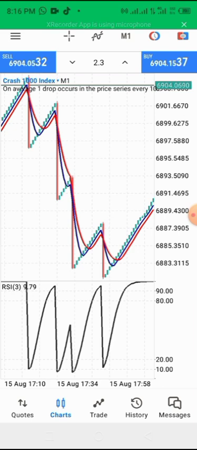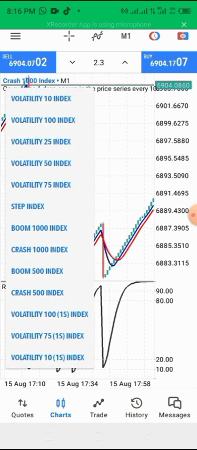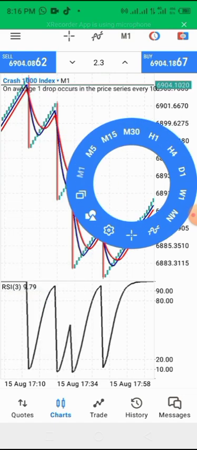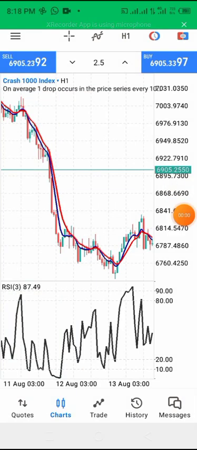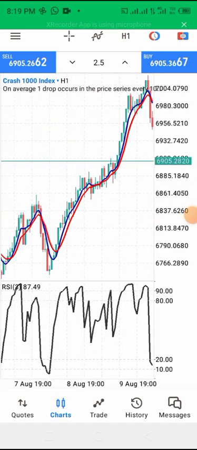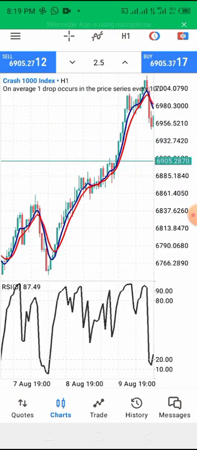So what you do is, first of all, you go to a higher time frame, like the 1 hour time frame. Okay, you go to a higher time frame, like I said before, you start selling or buying depending on which of the pair you are trying to trade. If you're trying to trade boom, that means you'll be selling. If you're trying to trade crash, that means you'll be buying. Okay, so